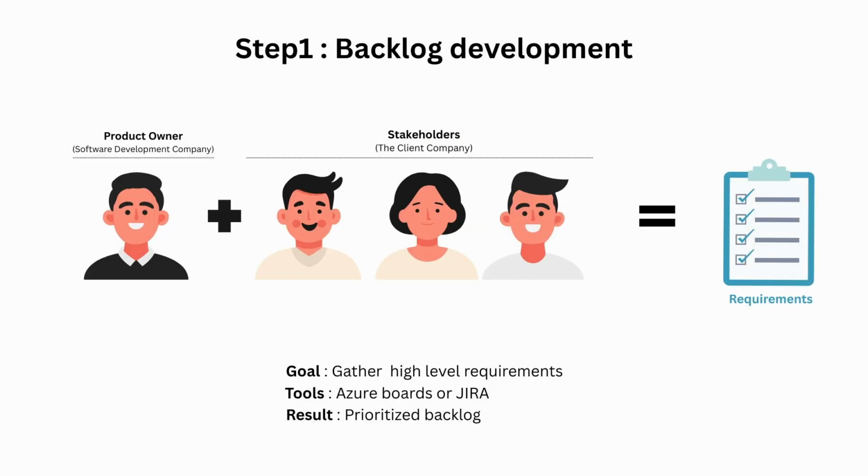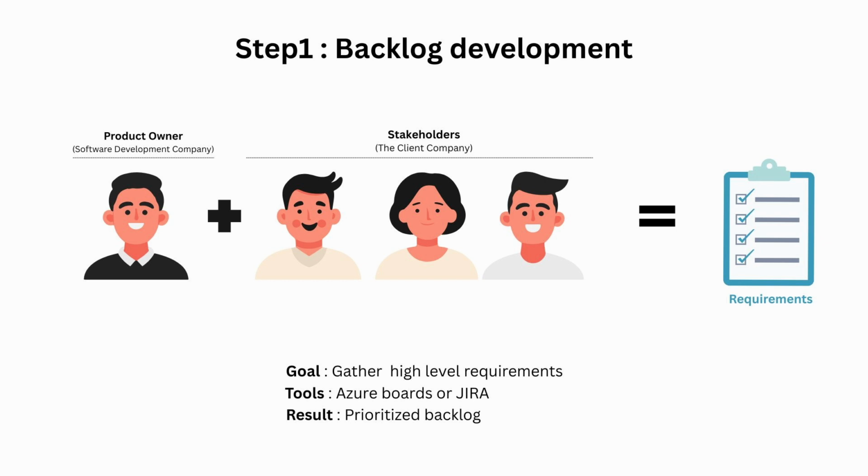Now, let's understand how a project is being executed in Agile methodology. In the early days of an Agile project, the team gathers to set the direction. The product owner, together with the stakeholders, begins by shaping the vision, a high-level roadmap of where the product should go. Big ideas are captured as epics and features inside Azure Boards, the tool that keeps everything organized.